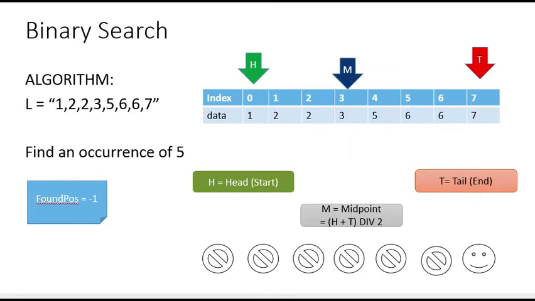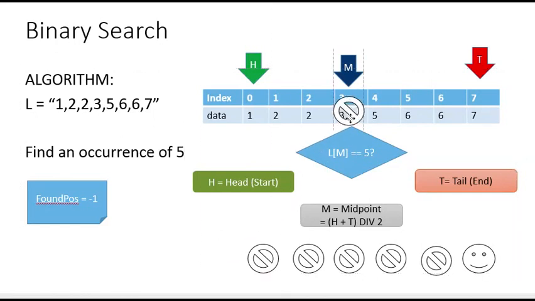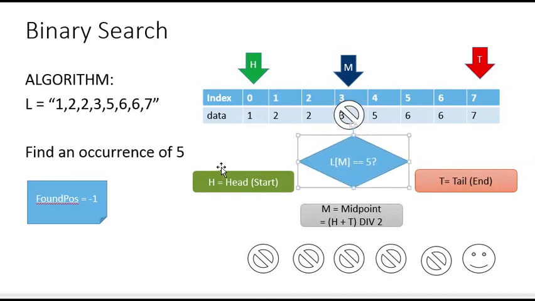And again, as before, I'm answering a question, sort of like the linear search, but instead of asking is Lx, I'm now going to ask is Lm equal to 5? Is Lm equal to 5? Lm is in fact equal to 3, so it does not. However, so I have a fail, but unlike the linear search, I can now use the fact that this is a sorted list, so I can automatically do a whole bunch of cool stuff. I know that the number I'm looking for is 5, and I know that 3 is less than 5, which means